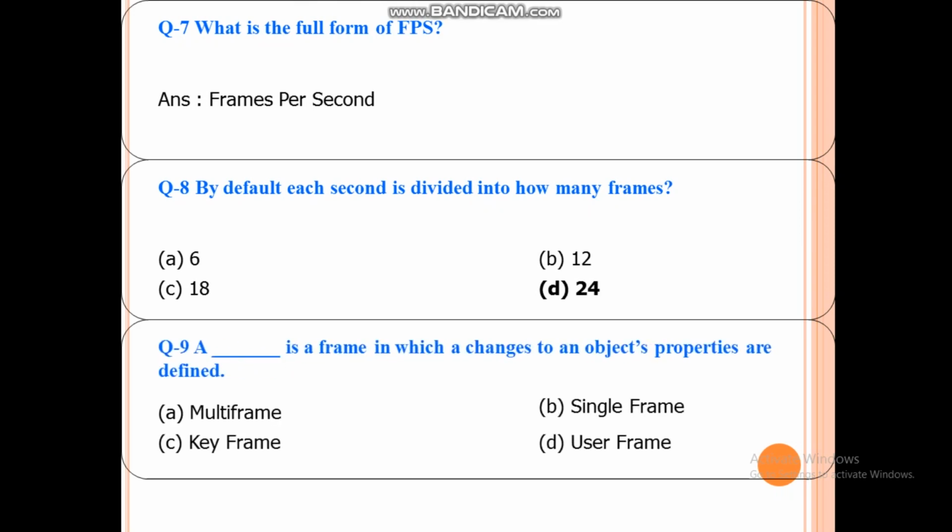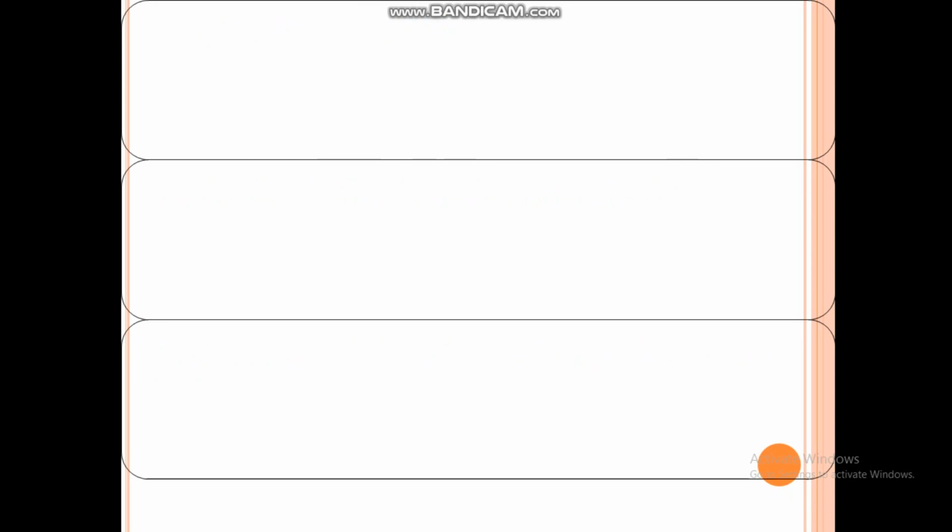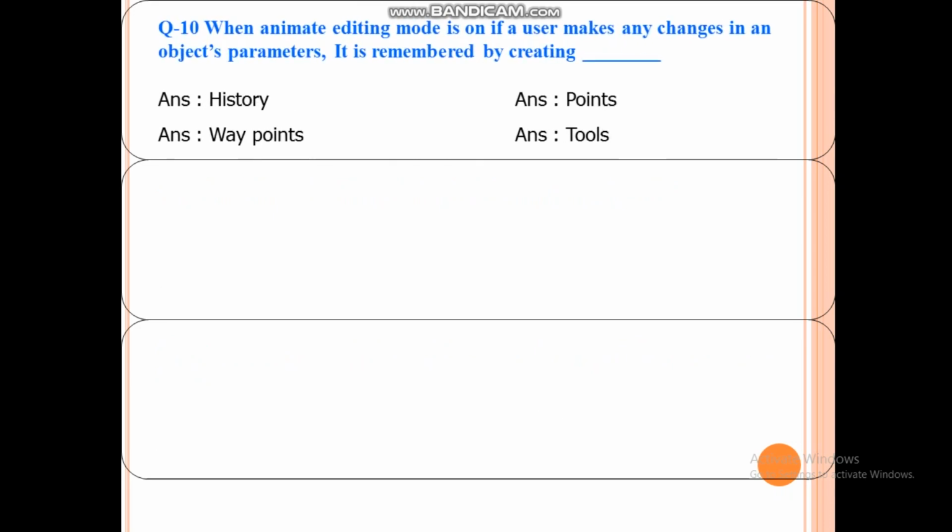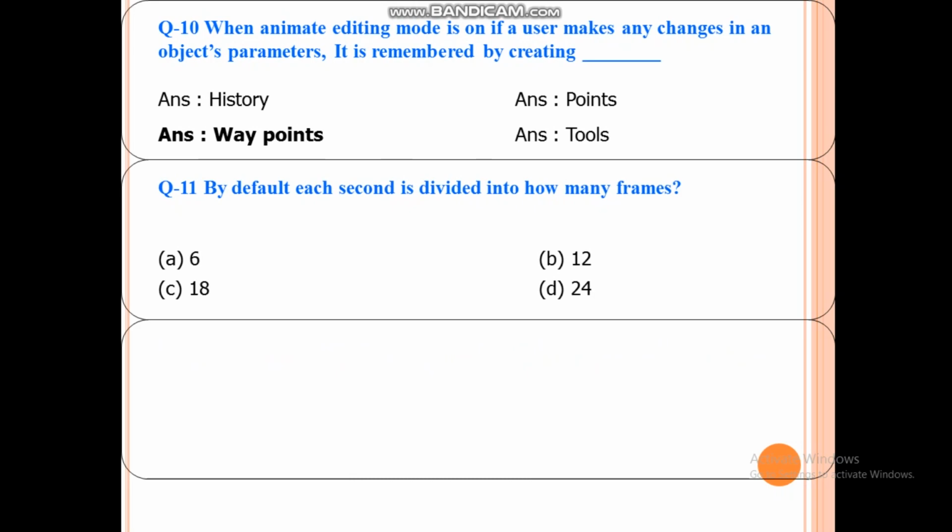A dash is a frame in which changes to an object's properties are defined. So that is keyframe. Then when animate editing mode is on, if a user makes any changes in an object's parameters, it is remembered by creating dash. History, points, waypoints or tools? Well, the answer is waypoints. By default, each second is divided into how many frames? This has come again. Okay, so now